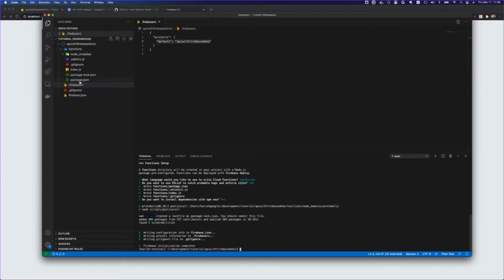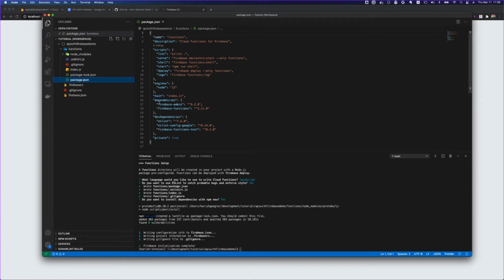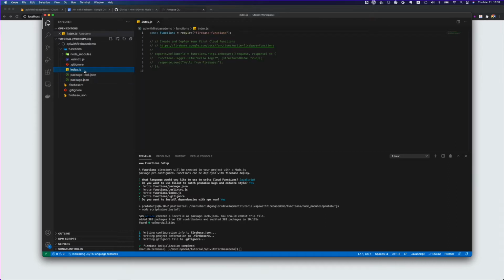What this firebase init did, it created a package.json and set up Firebase admin, Firebase functions, and all the dependencies and various default commands which you can use. We will use some of them. Then it also created an index.js, which is where your code lives. Currently it created functions require, and it's giving an error because I have not actually used it. So this is where your ESLint is running. Your linter is running and it's giving you an error that you have created it, but you are not using it. We'll come back to this index.js because we will be writing a bunch of code in this place.